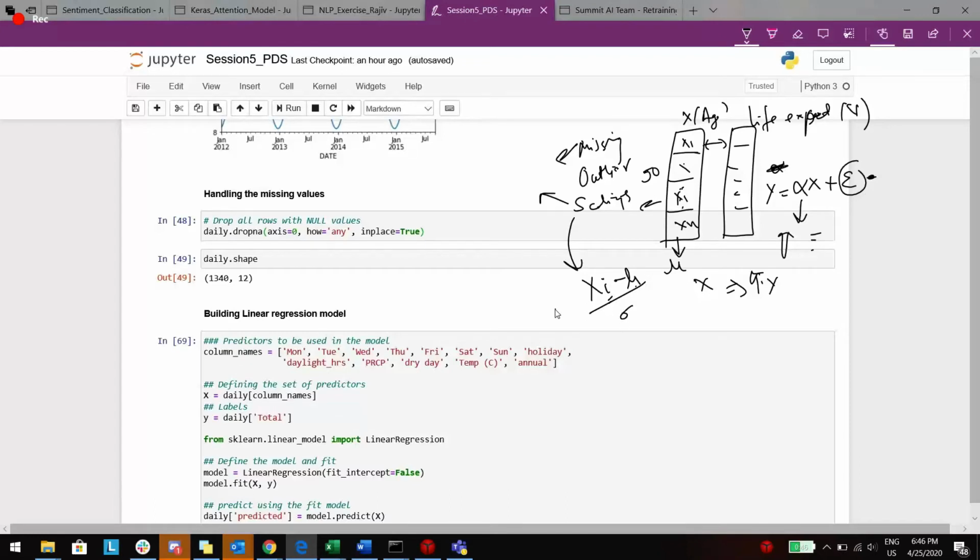This is also referred to as z scaling. This is one of the ways we scale, and it will help us convert the data. It brings the data distribution closer to the mean. That is what this scaling is doing. Okay.